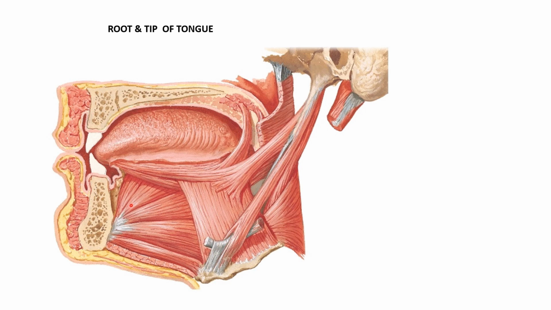Genioglossus is a fan-shaped muscle which is extending from genial tubercle of mandible towards the tongue. Hyoglossus is a quadrilateral muscle which is extending from the hyoid bone towards the tongue. Styloglossus extends from styloid process to the tongue, and palatoglossus is from soft palate to the tongue. All these muscles are fixing the correct position of the tongue. Because of this root portion or this fixation, the tongue itself is not swallowed while swallowing the foods or drinks.